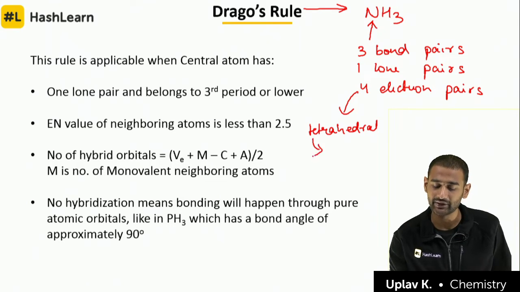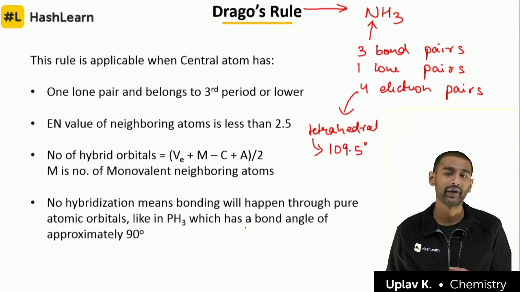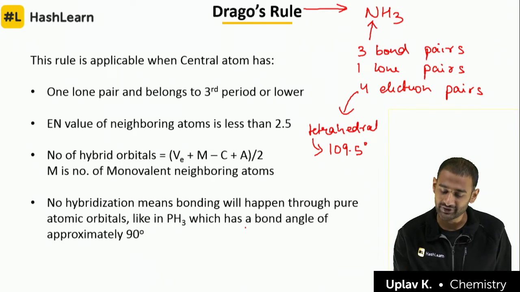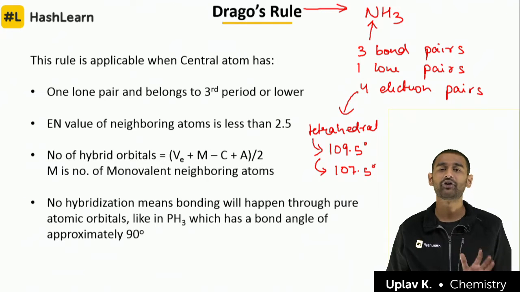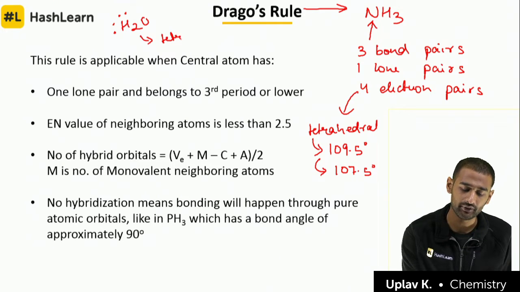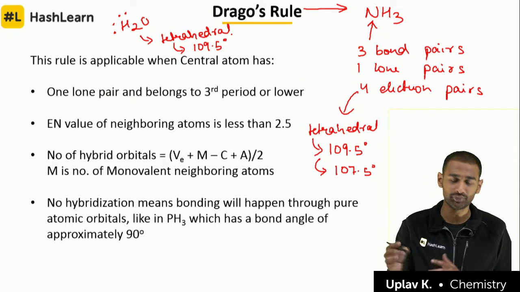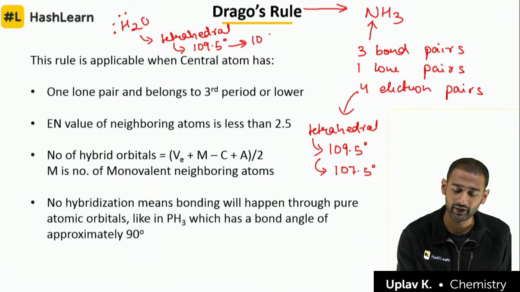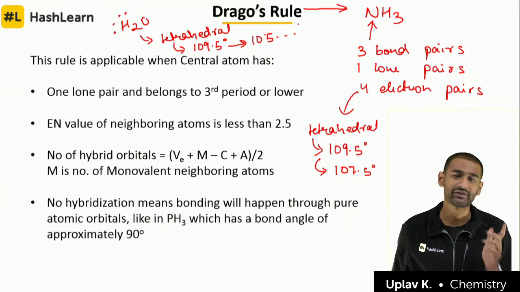Now in tetrahedral the angle is how much? 109.5, right? But because NH3 has 1 lone pair, so the repulsion will be more, and because of which this angle will reduce to 107.5. Okay, so this is what we see for NH3. If I am talking about H2O, तो H2O में 2 lone pair होगा, 2 bond pair होगा. So this should also go in the shape of a tetrahedral. So this should also have an angle of 109.5, but because there are 2 lone pairs, so there will be much more repulsion here. So the angle for this is 105, something like this. Okay, so this is what we are expecting according to the VSEPR theory.